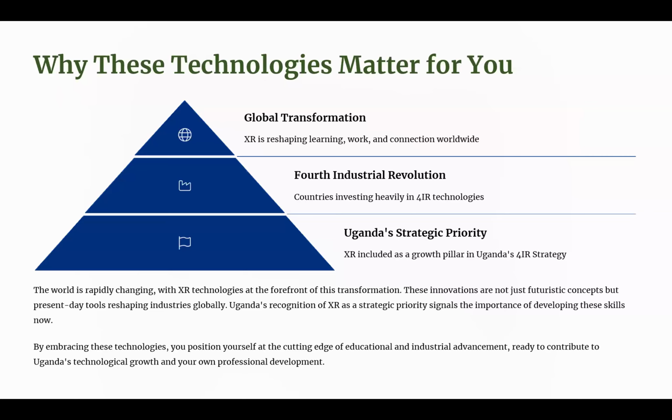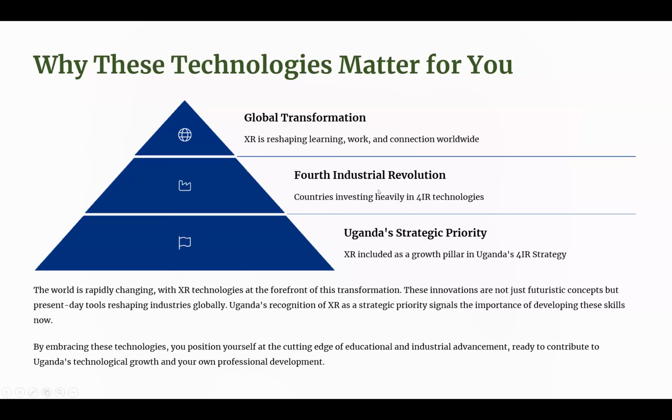As Uganda, we need to position ourselves to move along. The technology is here. The next best thing may come from one of you or one of our learners. So let us embrace what is available to us so that we move ahead.